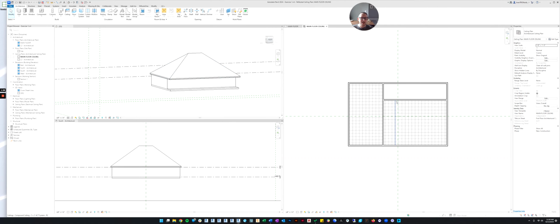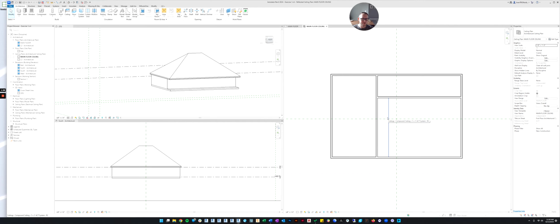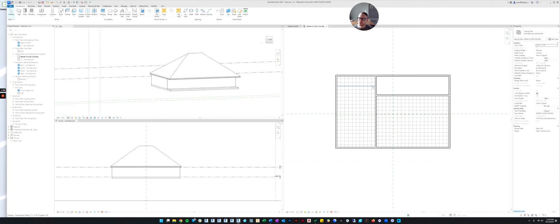So I know this is a lot. This has been a long lecture, but this is the fundamentals for everything you're going to need to do in your assignment. But it'll go a lot faster in your assignment because now you know how to do all of this stuff. So the last thing we want to do is at least we want to add doors and windows. So let's do that now.